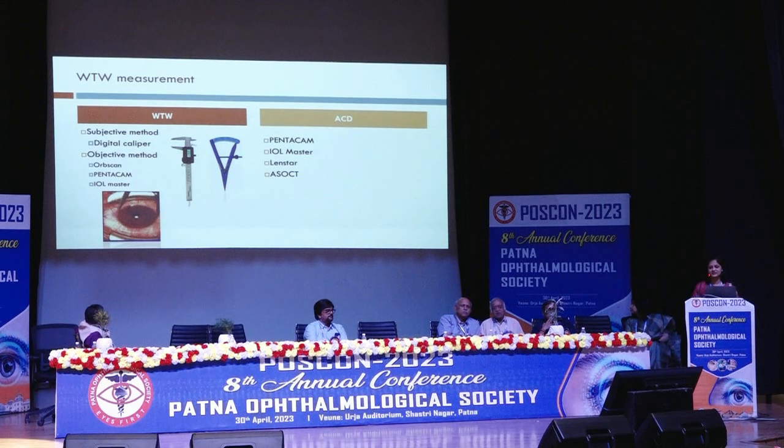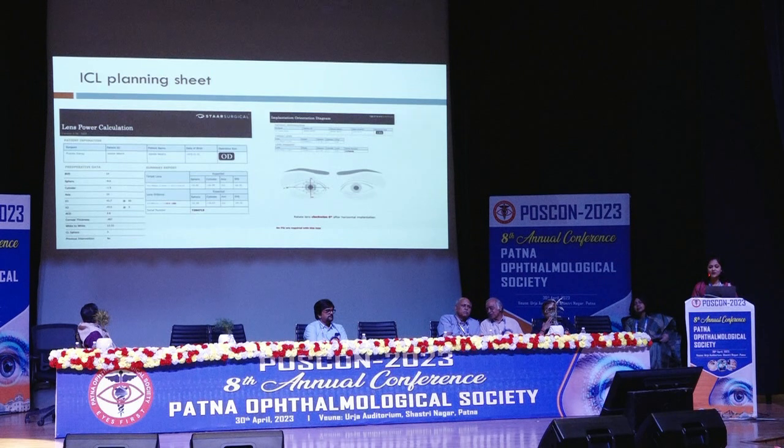Important is that when you assess an anterior chamber depth, it should be measured from your corneal endothelium to the lens capsule, and you should exclude the central corneal thickness from the measurements. Now when you have calculated all these data, you send these data to the company, and the company sends you back this form of a sheet wherein they give you an estimated power of the lens and size, which you